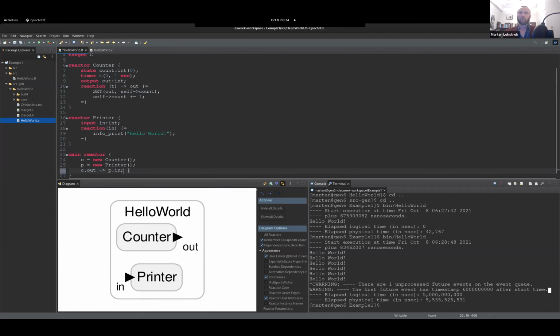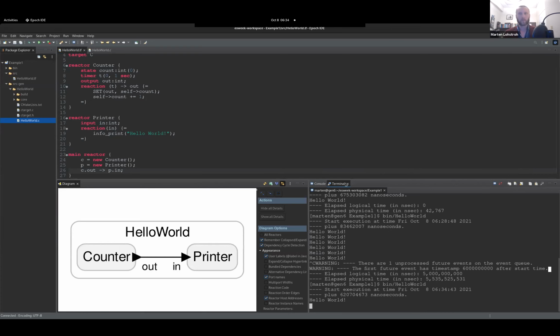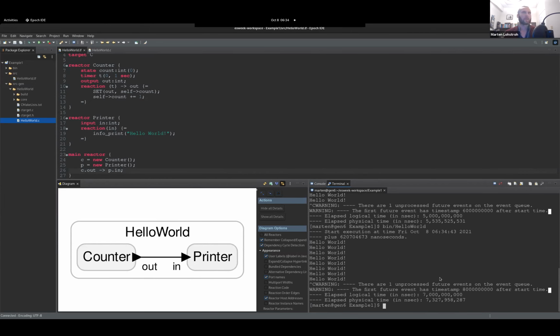Okay, so let's see what it does. It has already compiled in the meantime, so that would have been visible here in the console. In the terminal, we can now invoke this, and now we have a periodic hello world. Now we can also play around with this a little bit and augment it a little bit. So one of the things that we can do is